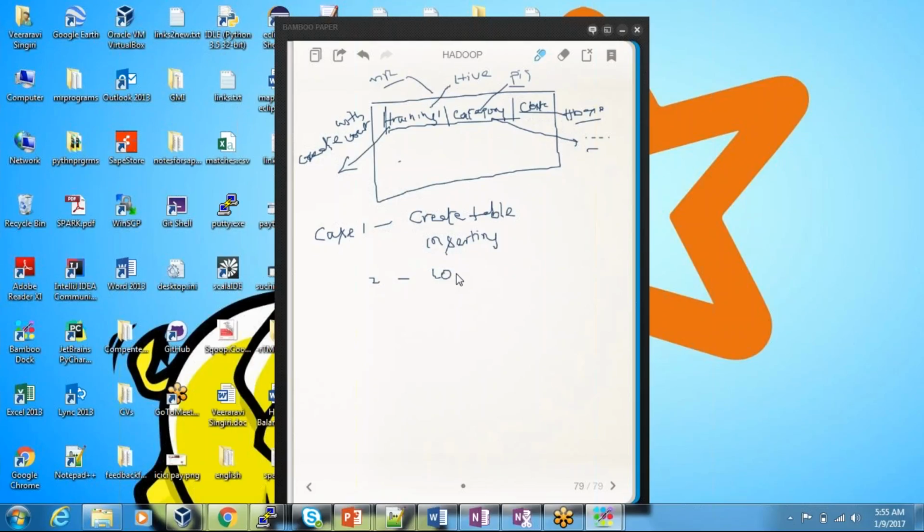Two, loading the data, either from local or HDFS. Three, referring to the existing data, like using location. Whichever way you do it, either in case one you are inserting the data using insert commands, or you are loading the data using the load command, or you are referring to the data using location,